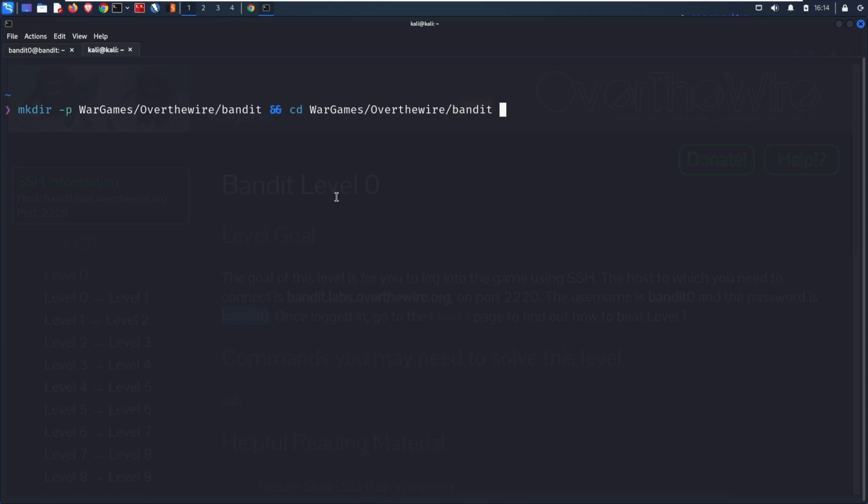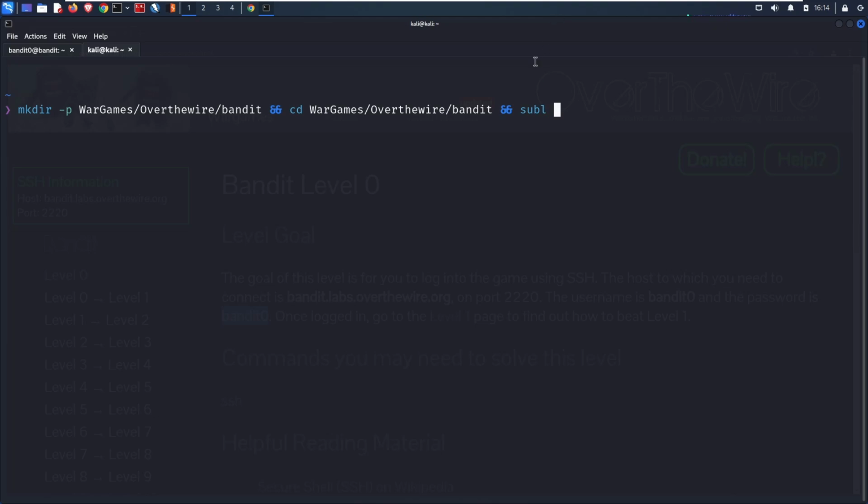Now that is useful in certain cases where we are in a directory that is actually owned by root or the highest privileged user, and we cannot do something without using sudo. So it won't give us any error, because if this command fails, then the other command won't even execute in the first place. Okay, so I have this and I will create a new file and I will open it